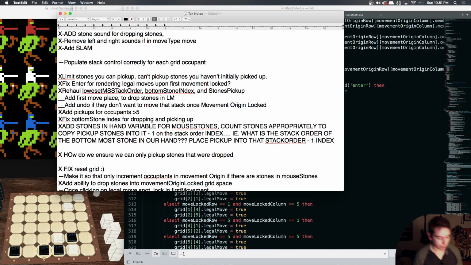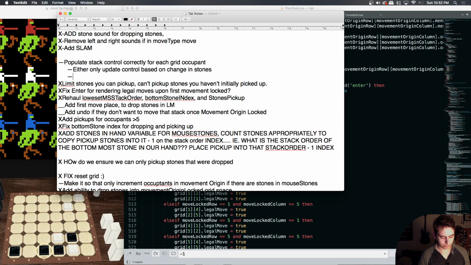Now we can go about this in two ways. We can either only update control based on top stone, or based on change in stones, or we can, what I'm going to call brute force,